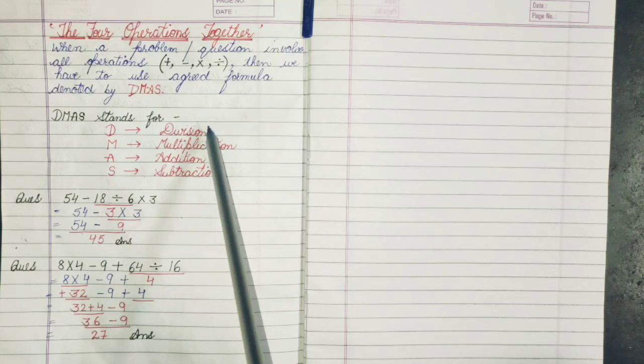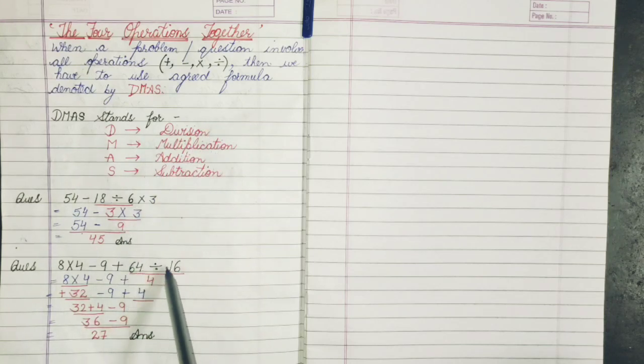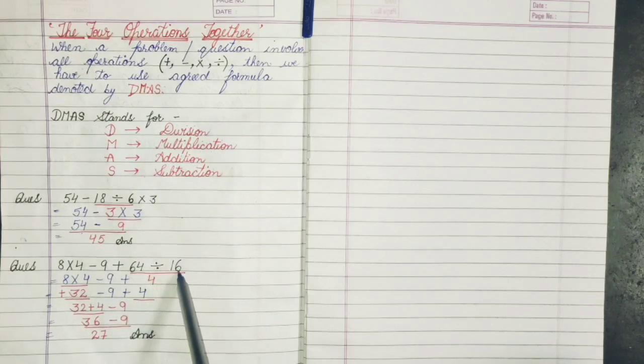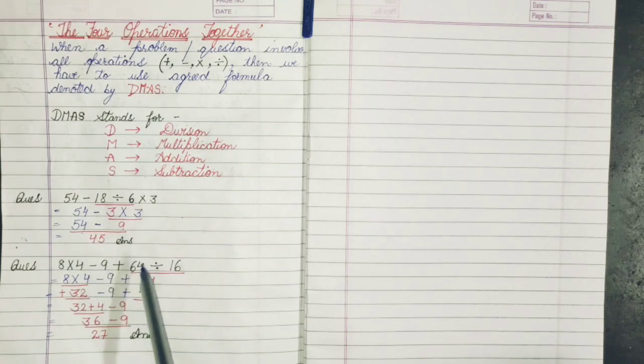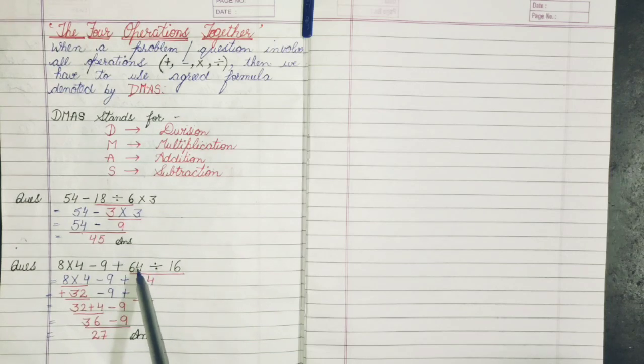Wherever the division is there, or the numbers involved in the division, we will underline those. Clear? Then I have underlined 64 divided by 16. I always used to tell you that after underlining, we will write the answer below that. In the table of 16, we have 64 or not? Yes, 16 fours are 64. So I have written 4 here.